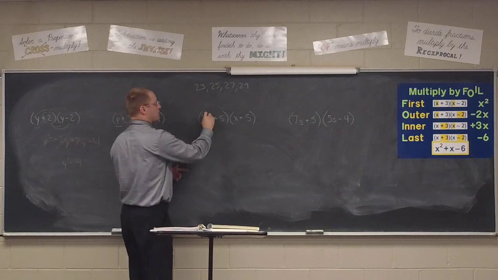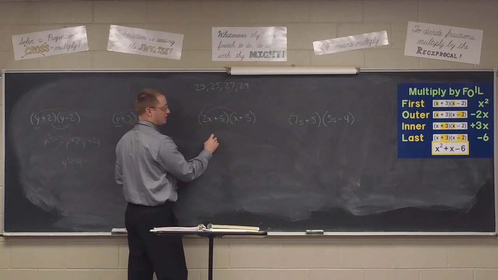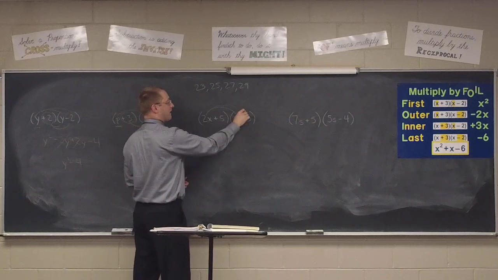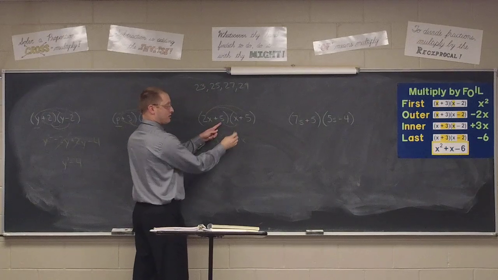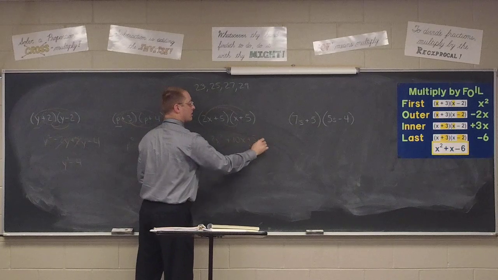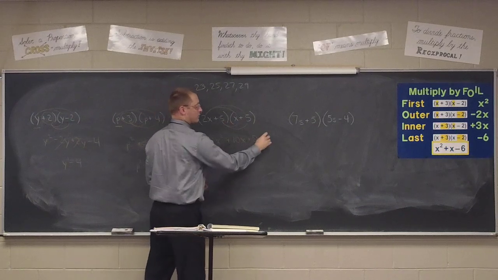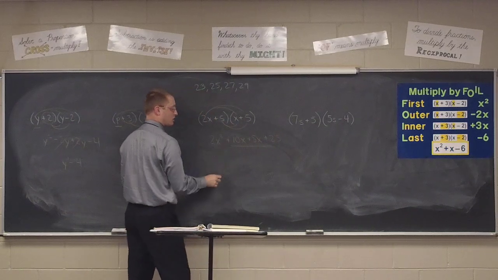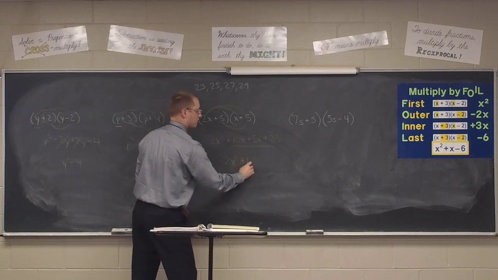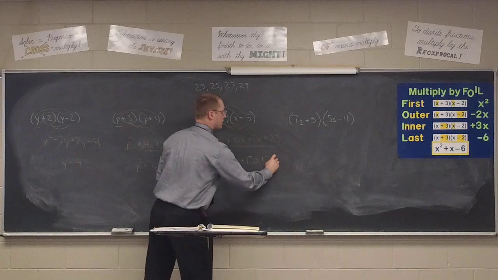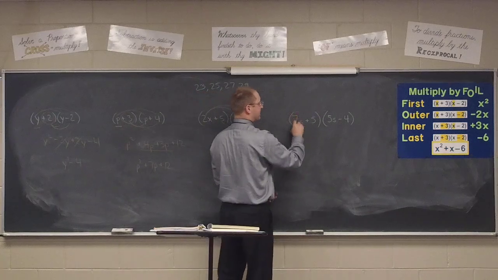Good. Here we're going to distribute the 2x to the x to get 2x squared. Then to the 5, positive 10x. Then distribute the 5 to the x, positive 5x. And 5 to the 5, positive 25. Combine like terms to get 2x squared positive 15x positive 25. Good. On the next one, distribute the 7s to get